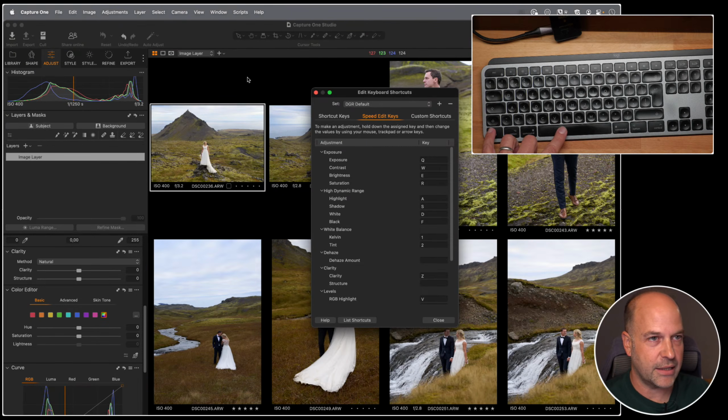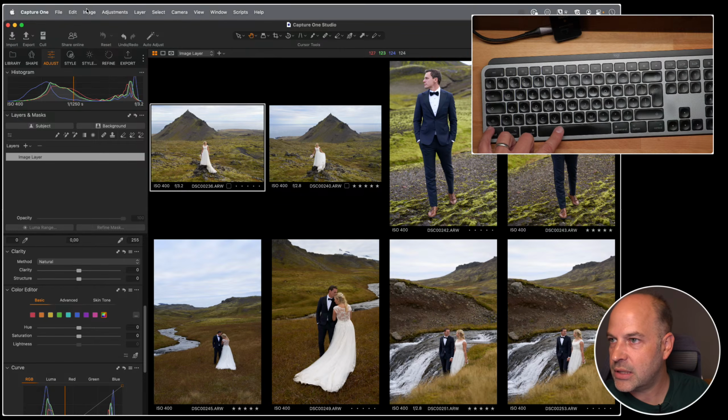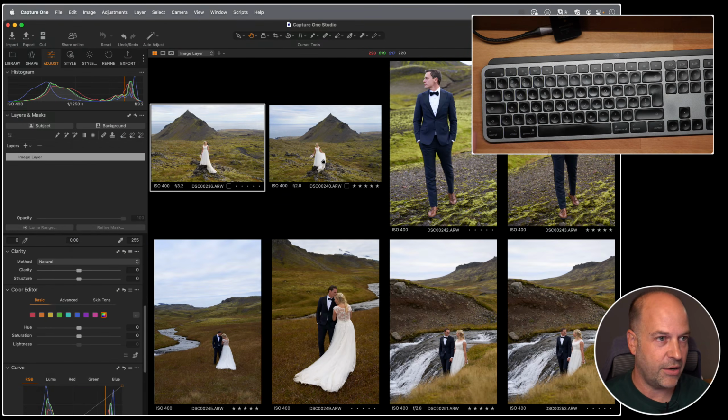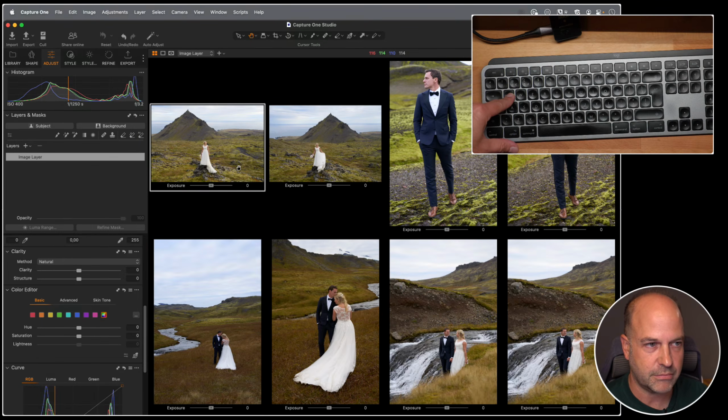So if we take this set of images, let me just check something is on, and I hold down Q on my keyboard. So Q is exposure, remember. Straight away you'll see a little exposure slider pop up underneath each image. Now if I click and drag anywhere on this image, left or right, then that essentially turns the image into a giant exposure slider, like so. Now once again my cursor disappears when I drag, but it stays broadcasting on the live stream, which is really quite handy because you can see what I'm doing,